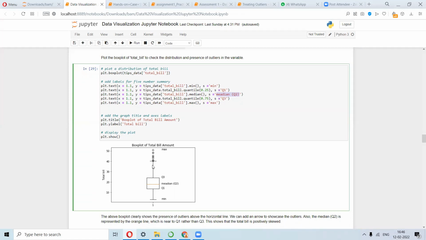And then you can see that anything beyond these whiskers can be referred to as outliers.